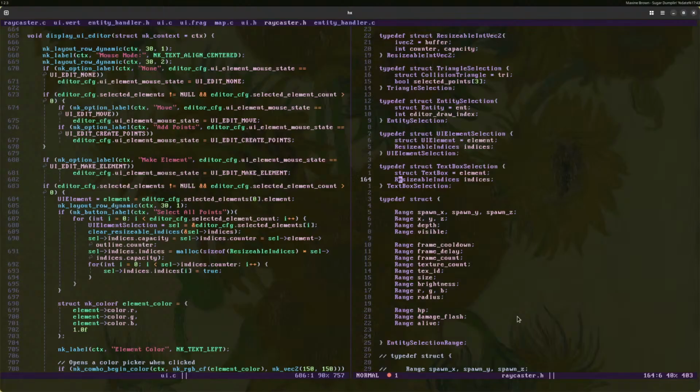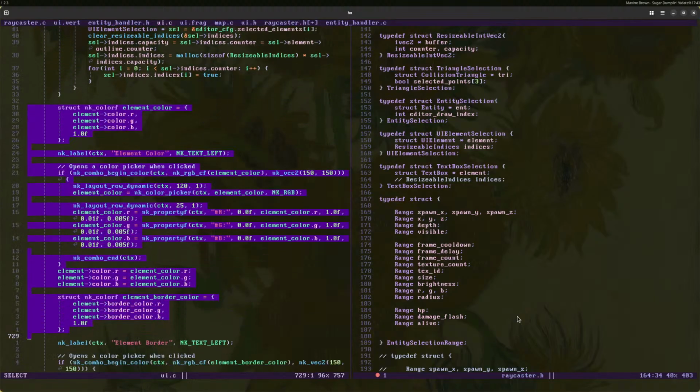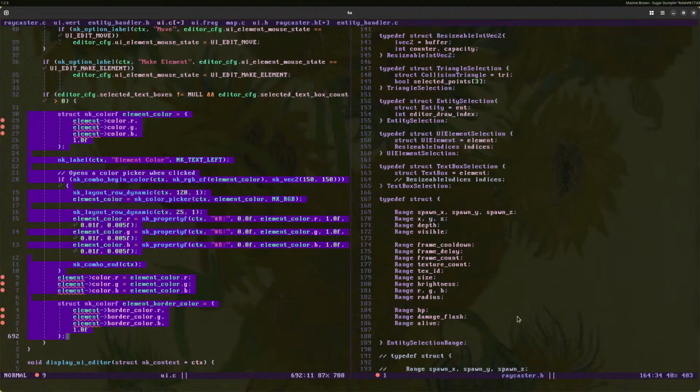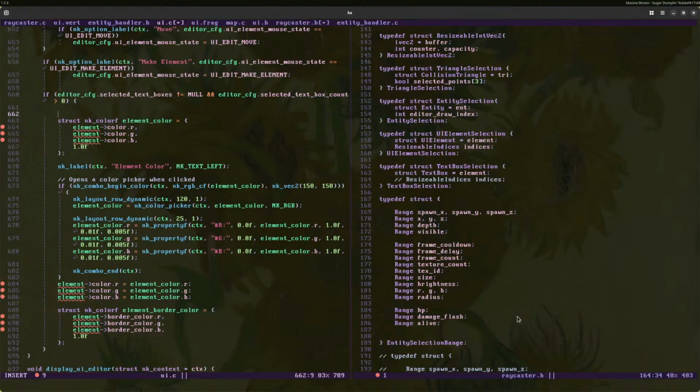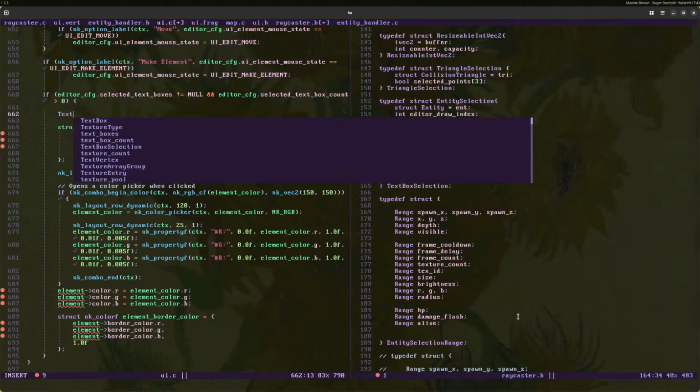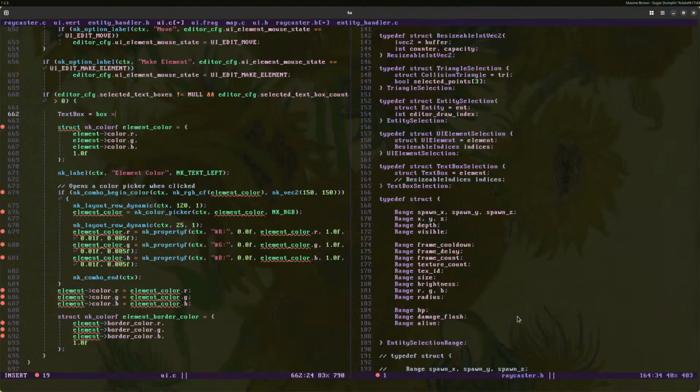I'll just comment it out for now. But I think for this, we don't want to implement this. But we'll still do the color picker. And this is just me copying and pasting the same thing that I've used from when I started using Nuclear. We are going to once again just assume that we are selecting one text box for now. So I'm just going to go text box pointer box equals